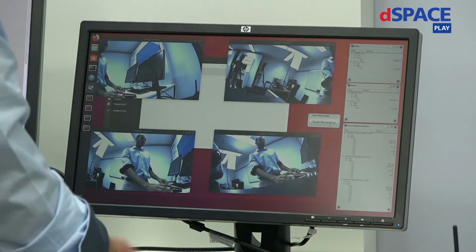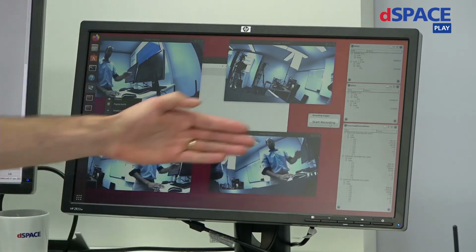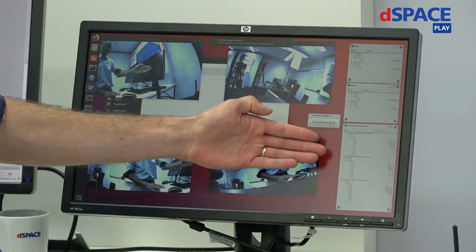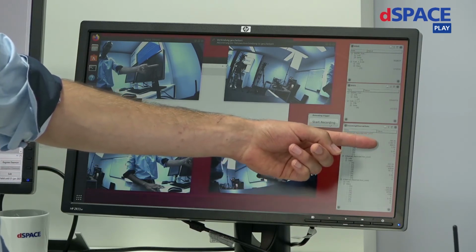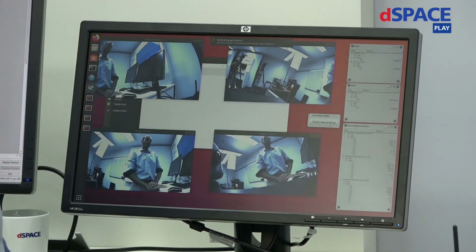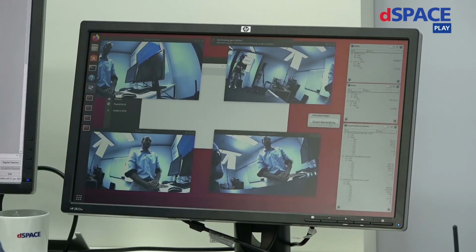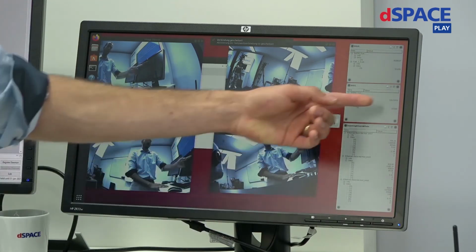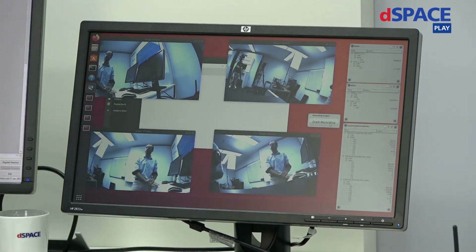To describe what we see here, we have the output from 4 cameras. We have the indication from the data viewer that on each of the 3 interfaces, we are receiving data. And then we also have 2 windows that show some information about the SSDs. We have one SSD that is capturing the data with a data rate of 17 gigabits per second, the other one almost 15 gigabits per second. That gives us altogether around 32 gigabits per second being stored at the same time.